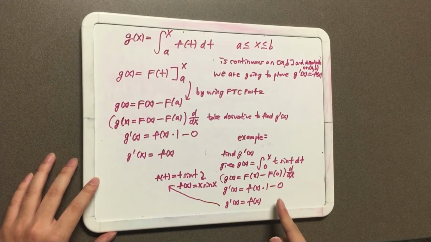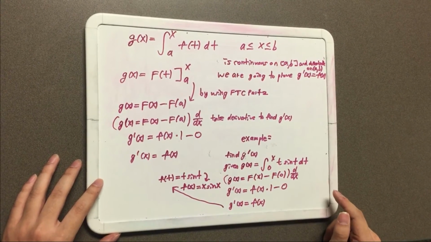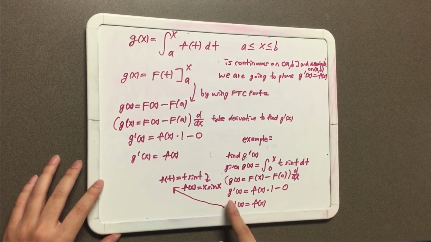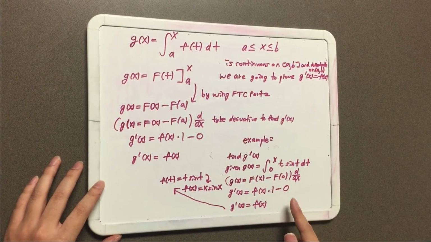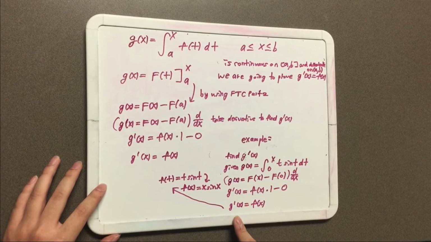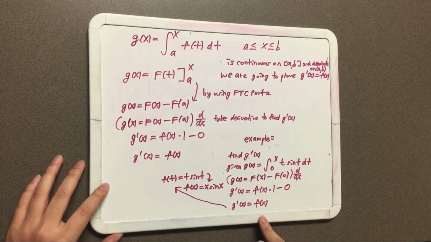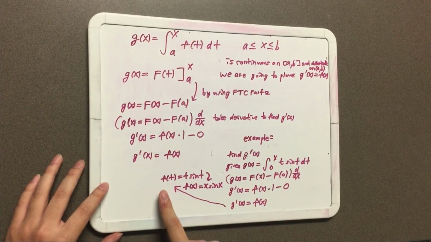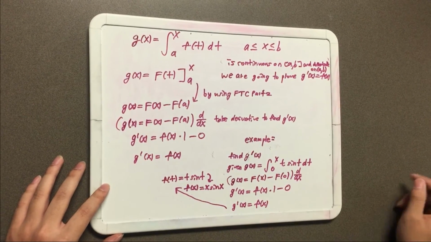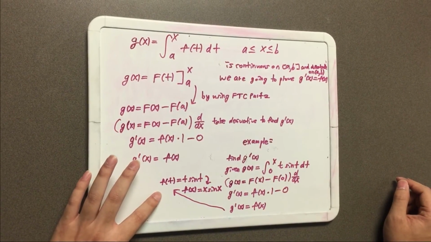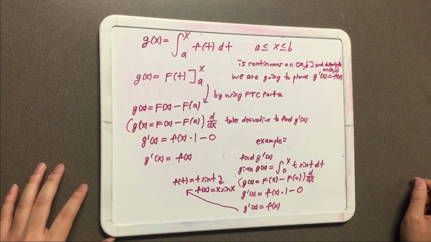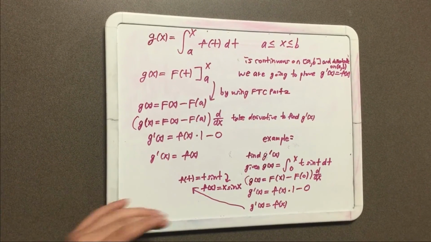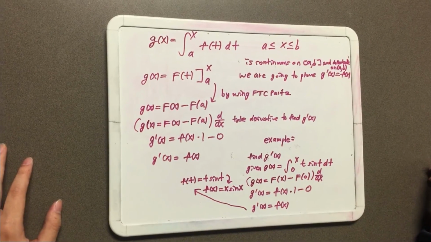And then I'm going to take the derivative to find g prime of x. So g prime of x is equal to little f of x times 1 minus 0. And g prime of x is equal to little f of x. So we know f of t is equal to t sine t. And if you plug in x for t, then we get f of x is equal to sine x, and these two match together, so